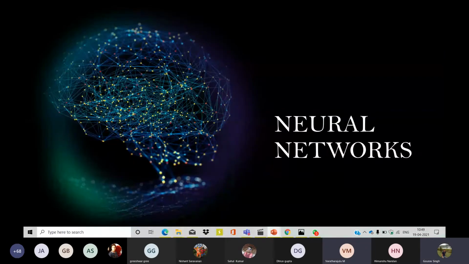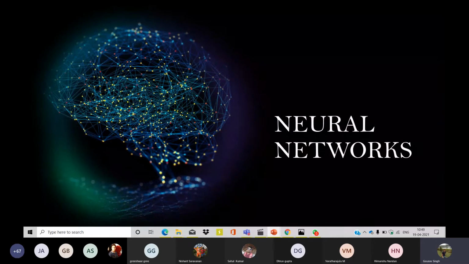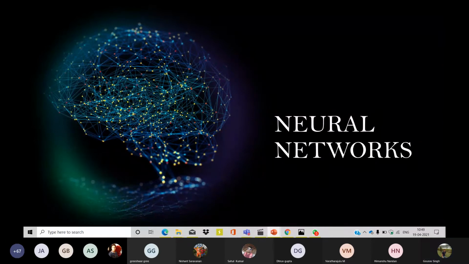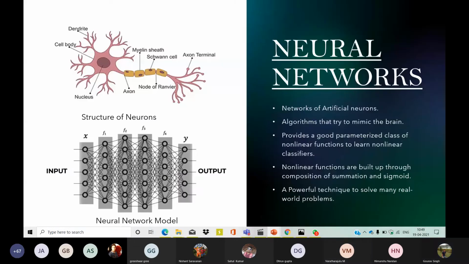So I was talking about how AI is implemented. We train our data using various machine learning algorithms. Some of them I talked about, like support vector machines and neural networks. Neural network is one of the powerful algorithms that is widely used. It was developed during the 1960s and became very popular during the 90s. Neural network is used to mimic the brain. It is a network of artificial neurons.